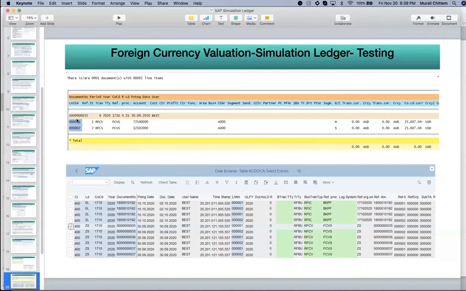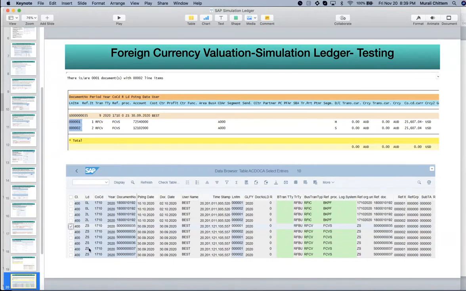I've opened this document so that we can see which one is debit and which one is credit, and this is the sample YE document. As I said before, once we execute the simulation run, the system will update these documents in the ACDOCA table with the ledger GS.